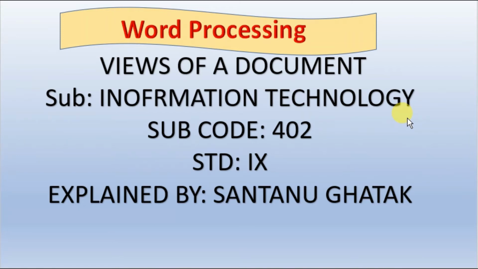In this part, we are discussing the views of a document, which can be activated by clicking on the view group and the several icons over there. There are four types of view: print layout view, full screen reading view, web layout view, and outline view, and we also have the draft view. So these are the different types of views, and now let us see what these actually are.